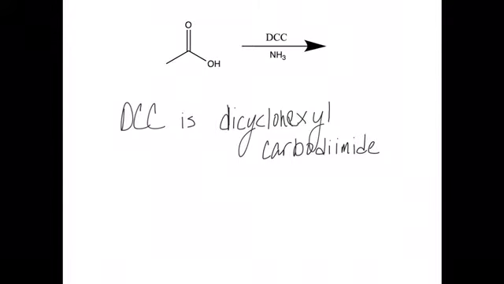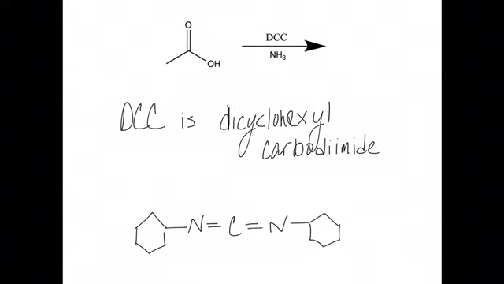So DCC is an acronym for dicyclohexyl carbodiimide, and it looks like this. And as I said before, this is what we will use to disguise our acid. And the reason we use DCC is that because of the way the structure is laid out, there's a delta negative charge at each of the nitrogens, and that makes a large delta plus charge at the carbon, making it very reactive. So the reaction starts with the oxygen in the carboxylic acid reacting with the carbon at the middle